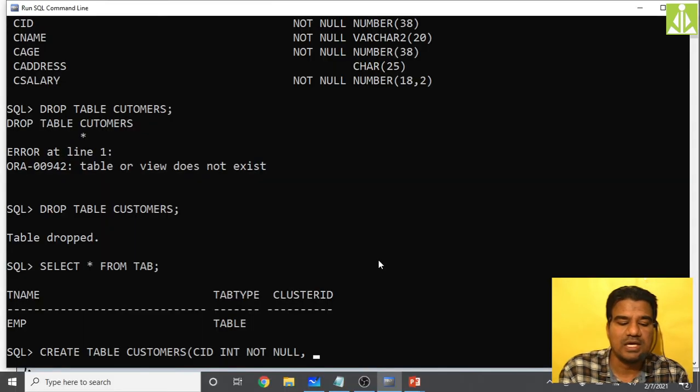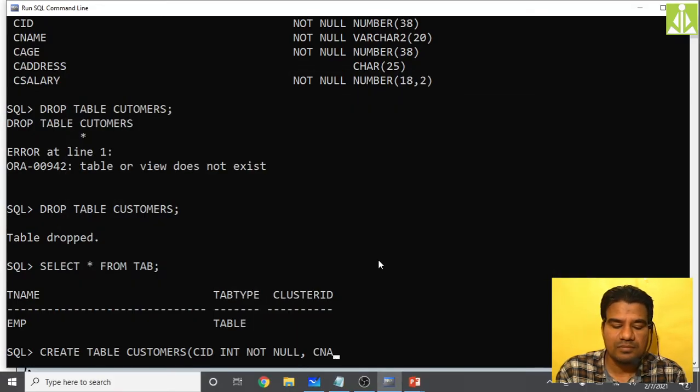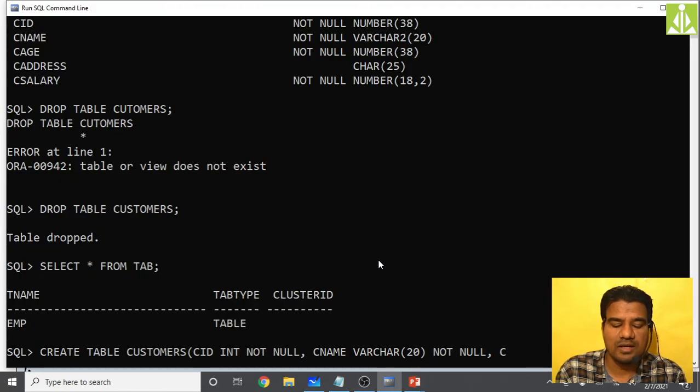So to see that, create table customers, CID int not null, CNAME varchar 20, and this should also be not null. Then CH int not null.